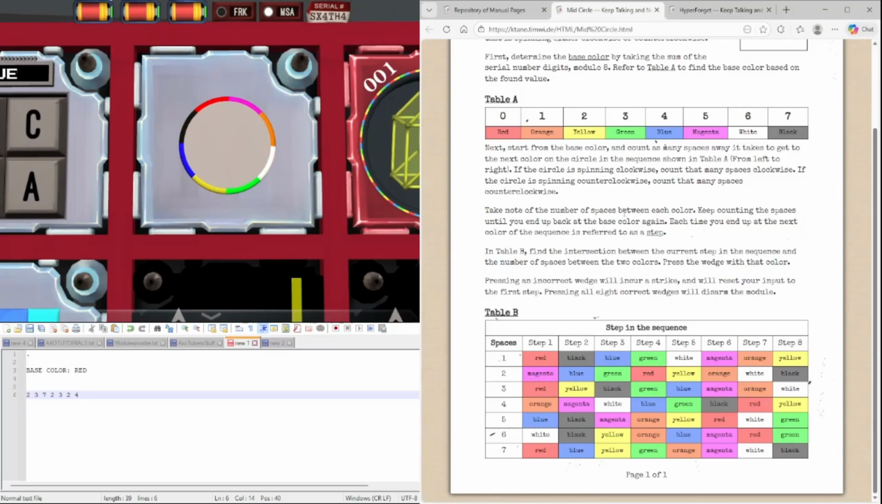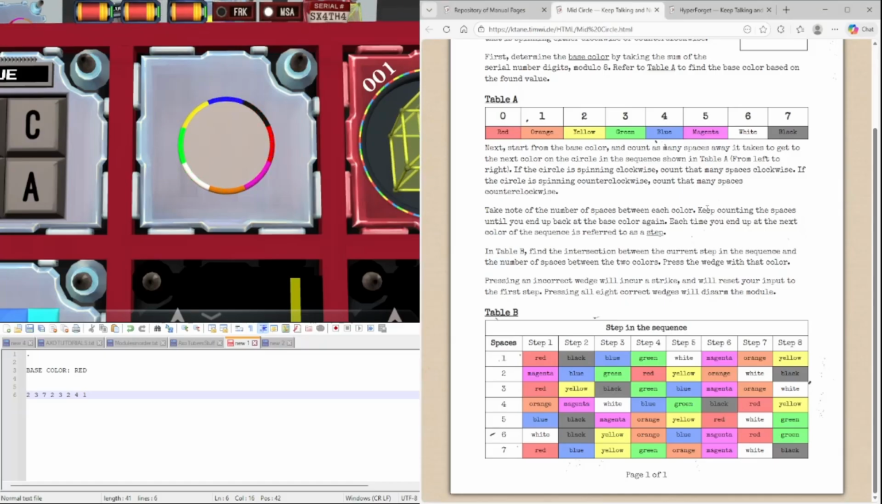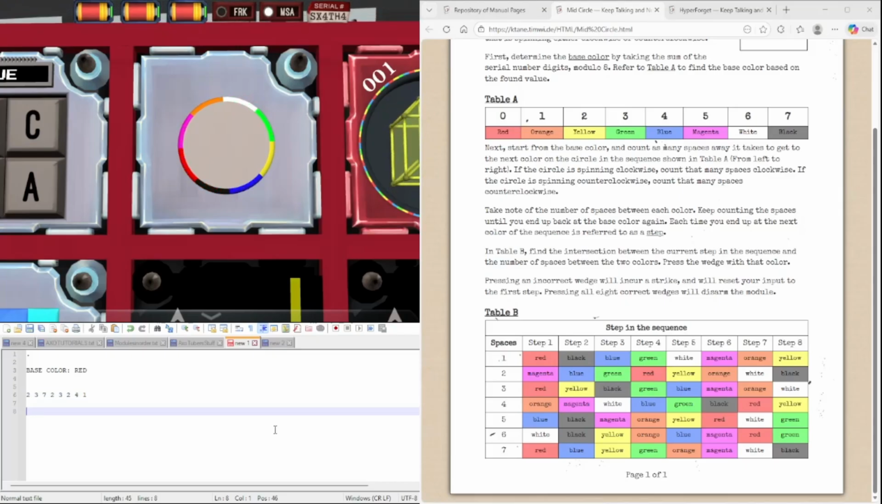You can do the base color again. So 1. Take note there's no space between each color. So you end up in a step. Step 2 is finding the space between the current step in the sequence. No space between the two colors. Press the wedge of that color. So we have